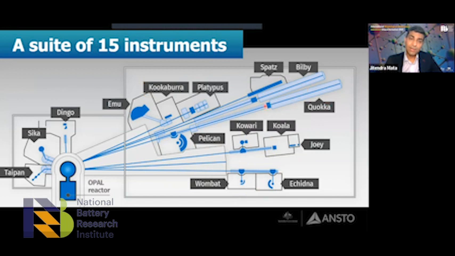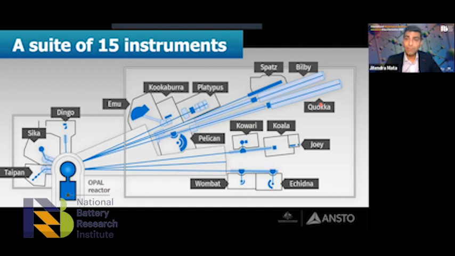And the instrument which I'm going to talk about today mostly is this one, which is called Kookaburra. Kookaburra is a small angle neutron scattering instrument. This is the longest instrument in the guide hall. From here to here, it's a 40-meter long instrument. SANS instruments have very high popularity, because the size range they cover is really nice, 1 nanometer all the way to 500 nanometers. So the demand for SANS instruments is high, and because of that,